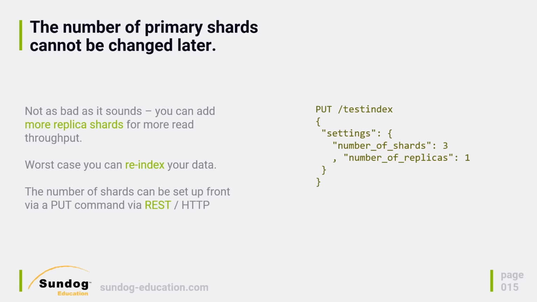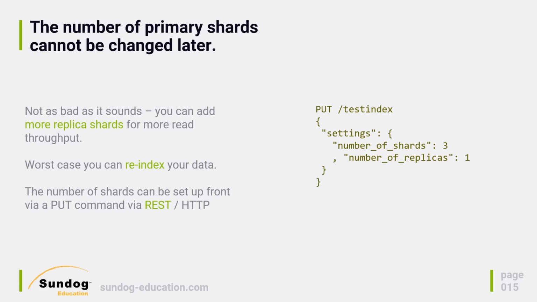Okay. Now, this isn't as bad as it sounds because a lot of applications of Elasticsearch are very read heavy. If you're actually powering a search index on a big website like Wikipedia or something like that, you're going to get a lot more read requests from the world than you're going to have indexes for new documents. So it's not quite as bad as it sounds in a lot of applications. Oftentimes you can just add more replicas to your cluster later on to add more read capacity. It's adding more write capacity that gets a little bit hairy.